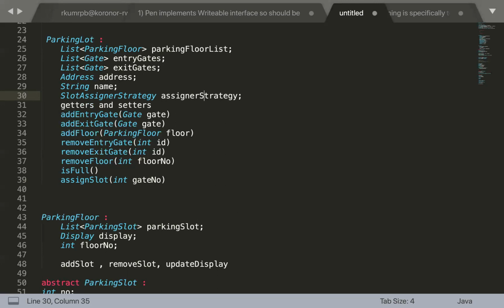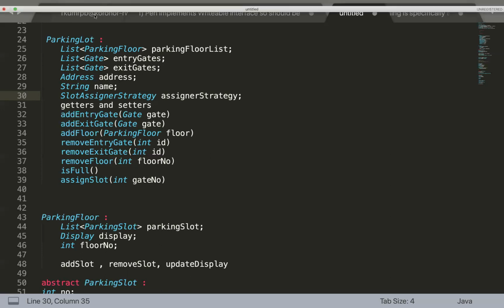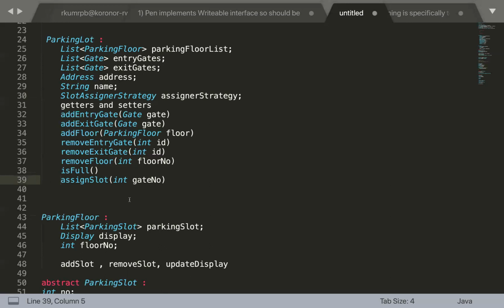You are going to receive the gate number from which the vehicle is entering, and the slot assigner strategy, based upon its implementation, can return you some kind of slot, which is going to be received by the entry gate, and it can assign it in the ticket. So it can give you some slot number as the return.